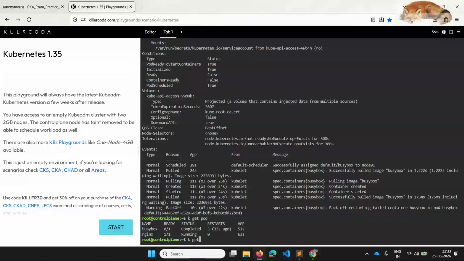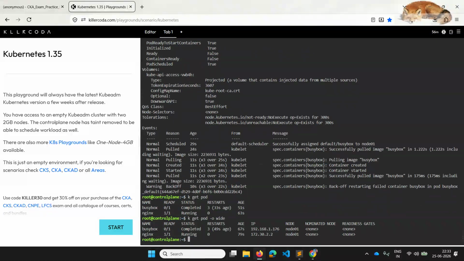I'm just using -o wide. So if you can see, the IP address which is assigned to the busybox is 192.168.1.176. Just ignore the status. This has run and completed. This is just running. That doesn't matter to us. I'm just looking at the IP.